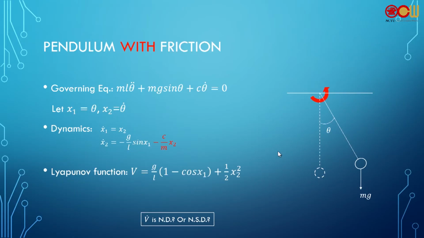Last week we discussed the pendulum without friction and with friction, right? Without friction, the pendulum will oscillate forever, right? And after you add friction, it might slow down, and the oscillation might disappear. Intuitively, it might converge to the equilibrium point because the amplitude of oscillation will decay with time because of friction.